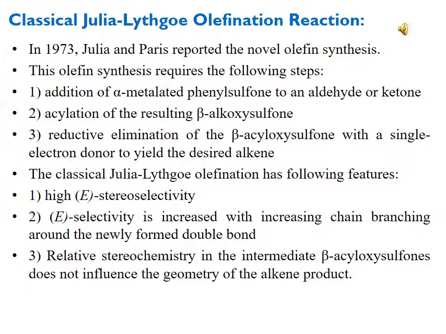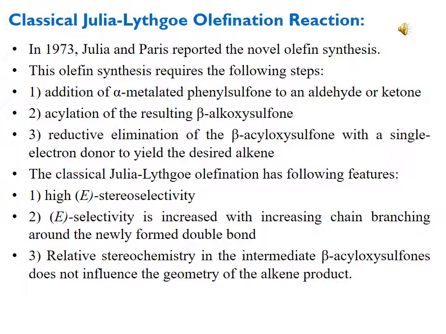The purpose of acylation is that the alkoxide ion, O minus, is converted into a good leaving group, because O minus is difficult to leave from the molecule. So it is converted into an acylated product, or acyloxy group, which is easily removed from the main part of the molecule, and we get the alkene at the end of the reaction